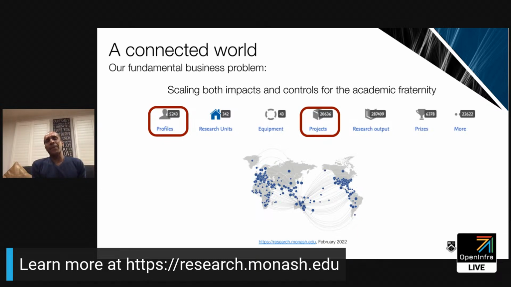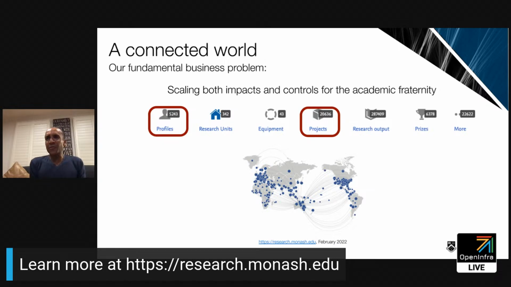If you look at that map, it points to 60,000 connections around the world. The challenge that we face as universities is, it's easy to have an IT process to control everything, and everything's a form. But that's hard to do when you've got 20,000 projects, 80,000 connections around the world, 5,000 researchers. So we need to be able to scale up and not impact the rate of those connected people.